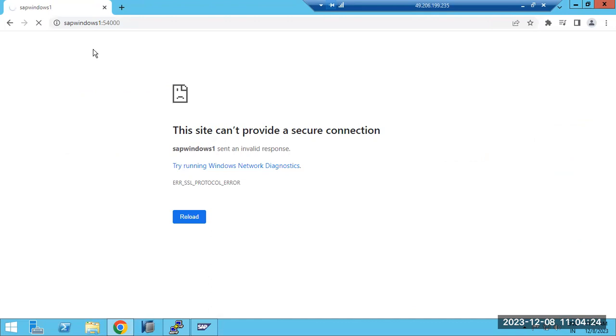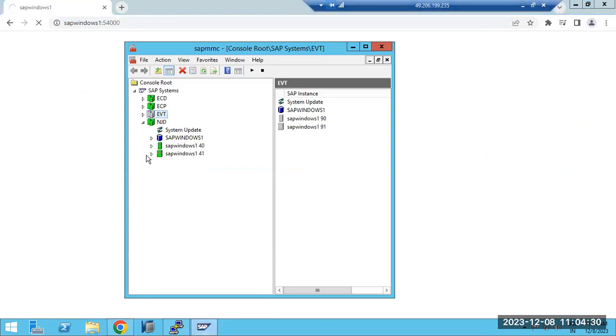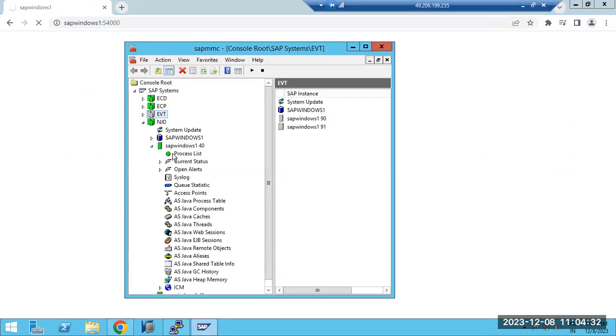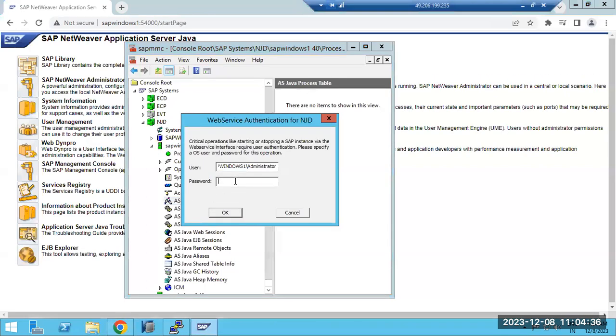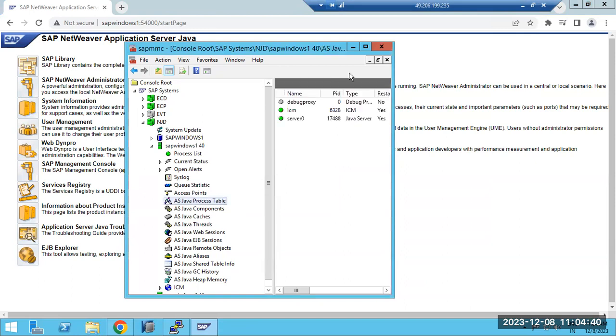Then you will log into your main screen here, your browser screen. This one, 40, yes, right. So here we have the above process, the Java process table. All those things are available here, right? Okay, so let's start